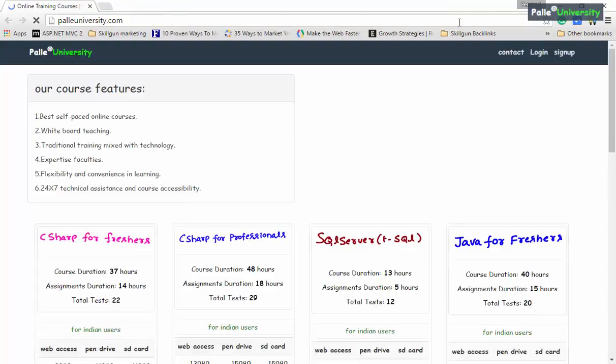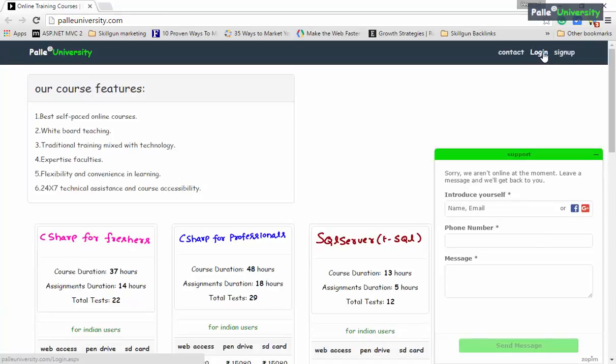I would like to explain the point by opening one of my websites, palleuniversity.com, right? Our official website, which I am currently trying to open. Now you observe this login is a hyperlink, but it is not showing the underline because I have overridden some properties. So login is a hyperlink.